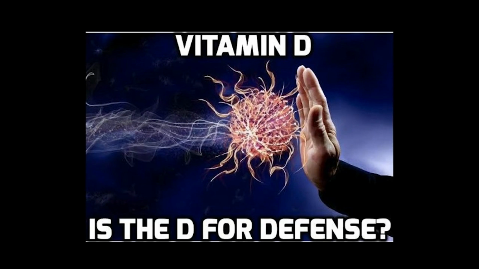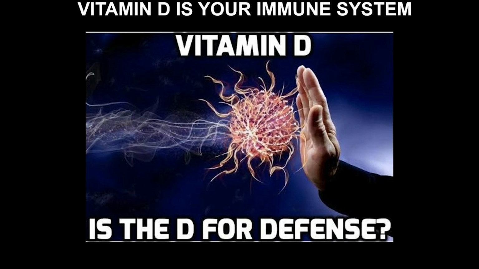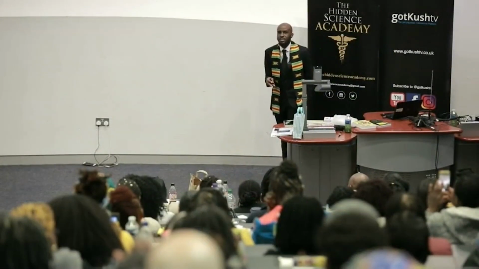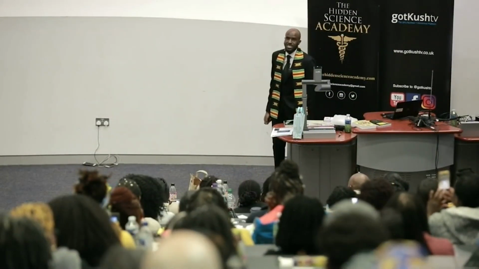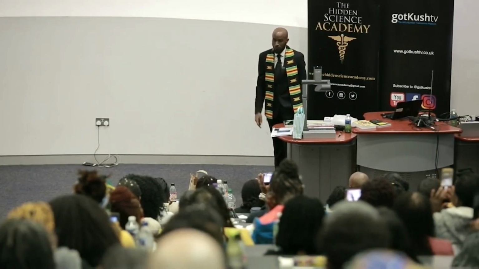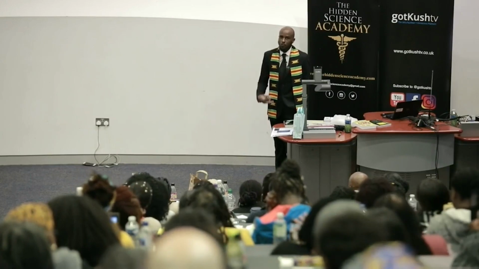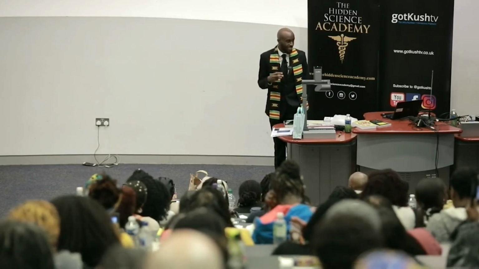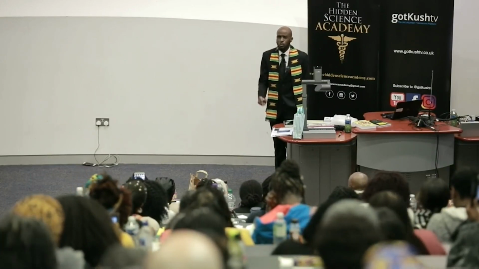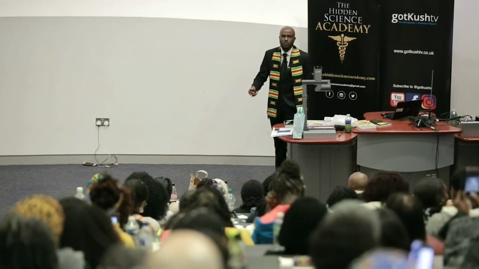To the point where, now I'm going out on a limb here because this is not backed up by evidence, this is not backed up by the experts, but I'd go on a limb and say, for black people, vitamin D is your immune system. That is your immune system. So it's not white blood cells, it's vitamin D. If you lack vitamin D, your defense system is down. You're going to suffer from any disease that's out there. But if your vitamin D is high, that is your defense system, yeah? Because I've done so much research on vitamin D, I'm like, wow, this vitamin is amazing.